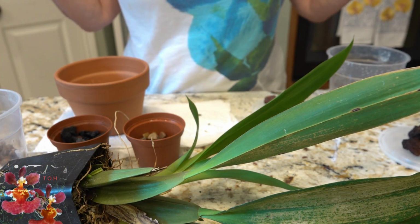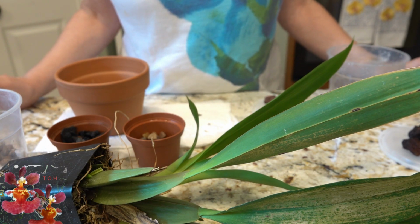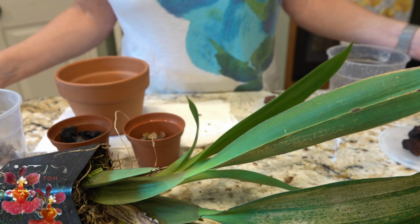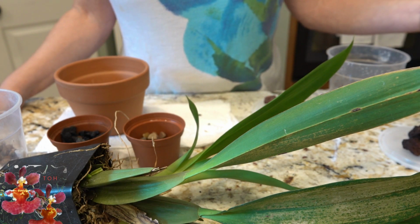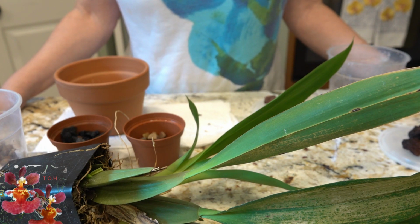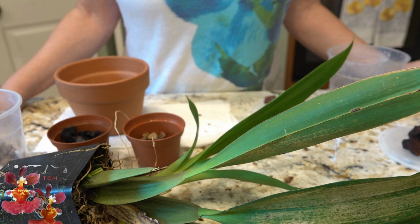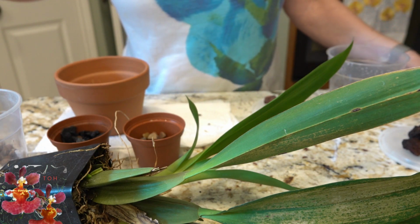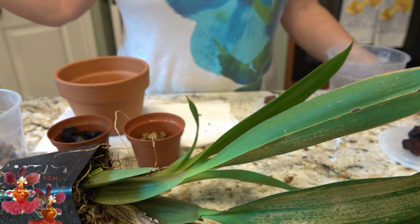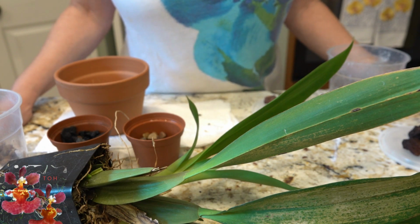What prompted me into repotting this orchid this way is that recently I have had a ton of questions about what media do you use? Most of my orchid videos mention using the Repot Me pre-made mixes, which is a matter of convenience, especially for beginners, and even for someone like me who doesn't want to take the extra time to always mix up a batch of orchid bark, especially if you like different components in your mix, like LECA and perlite and lava rock and so forth. So what I wanted to do today was repot this orchid not using a pre-made mix,